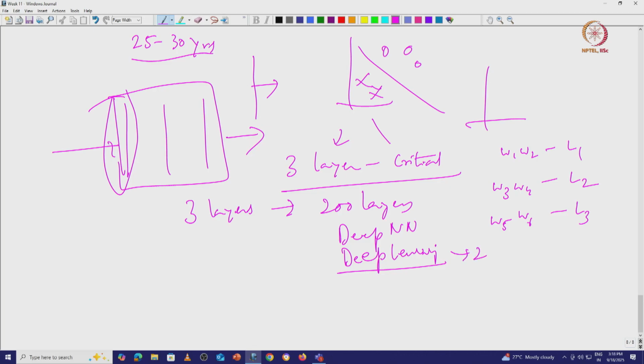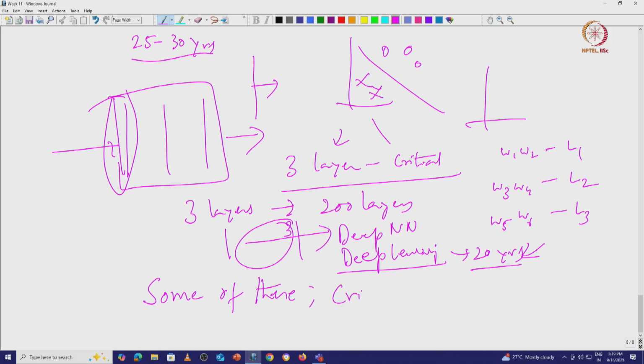This only emerged about 20 years back. So, it has probably taken about 50 years to come from 1 layer to understand 2 layer. It took almost 30 years to come to 3 layers from there on, because all this did not happen just like that. Lot of thought process, inability to solve more interesting problems with 3 layers, and so on and so forth. So, we will study some of these now, just get an idea of some of these. More importantly, the critical part of this.